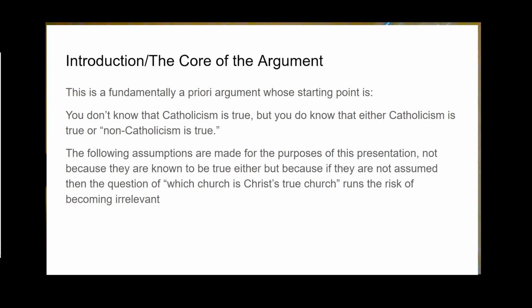Introduction to the argument, and this is the core of the argument. It's an a priori argument. It proceeds from insights that one could have from the armchair. It doesn't necessarily require you to grapple with the facts on the ground, although when one is discussing the question of which church is the true church, which is the subject of this argument, there's no not engaging with the facts on the ground ultimately in some form or fashion. So I definitely do that, but the big idea here is that